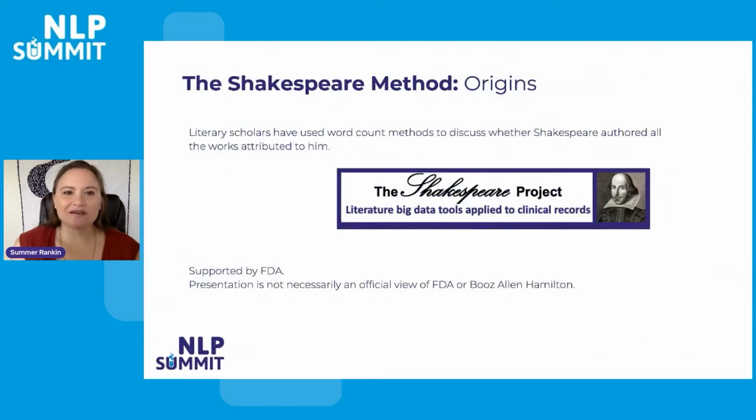So the Shakespeare Method comes from an idea that Rosalie Bright had. Rosalie Bright is an epidemiologist at the FDA, and she wanted to use big data tools to monitor adverse events or patient harm associated with medical care. The unstructured text of electronic healthcare records tends to be really rich with a lot of information, and she also wanted to be able to detect adverse events that were attributed, so the clinician or provider actually recognized that it was an adverse event at the time, as well as unattributed,